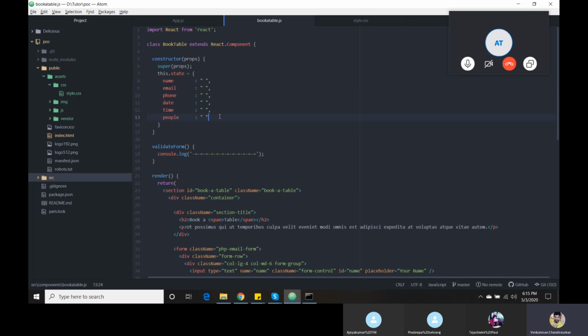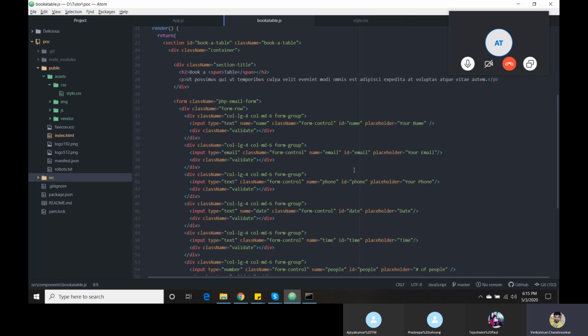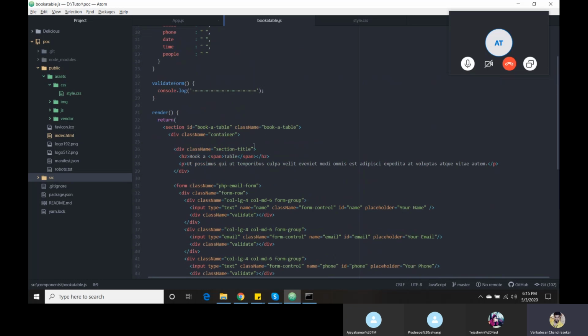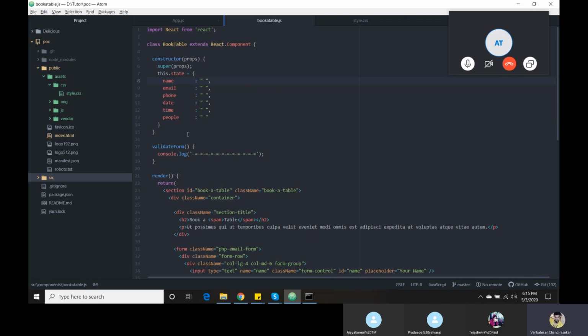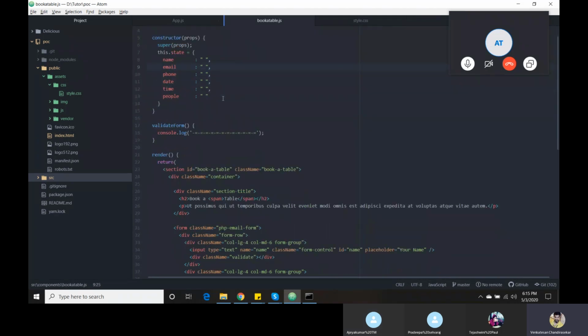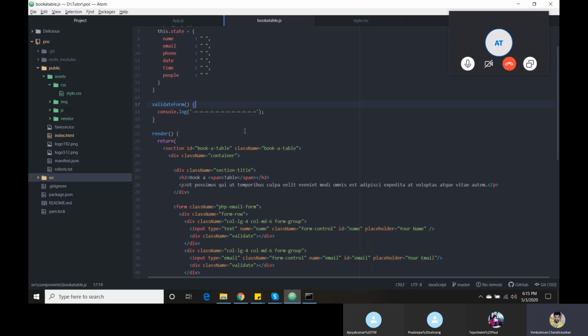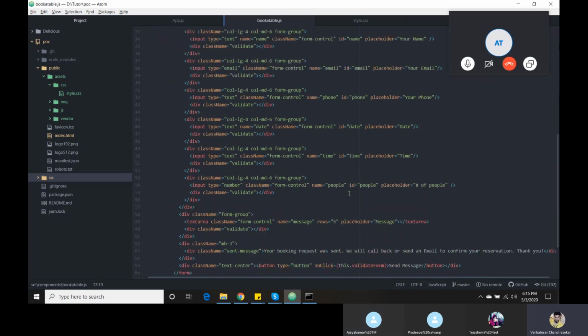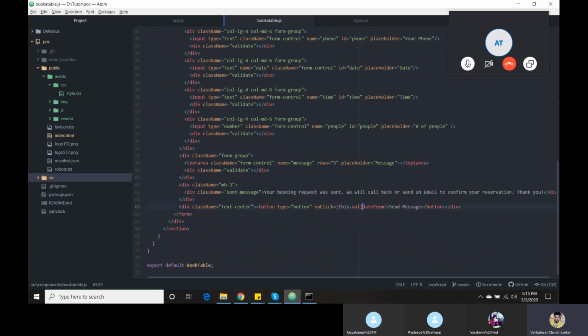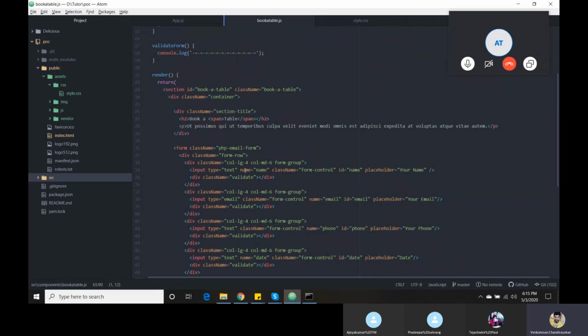Now I have declared a variable for every element. The reason is that I need to do some data validation inside the component, and that's why I have created 6 parameters. Fine. Now, whenever I click, I need to check whether the field has a value or not.